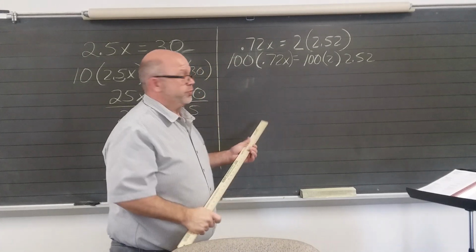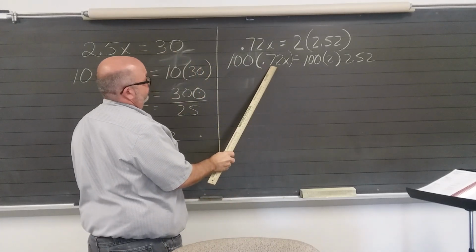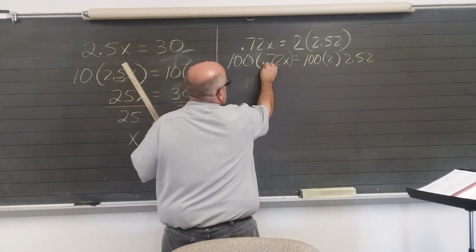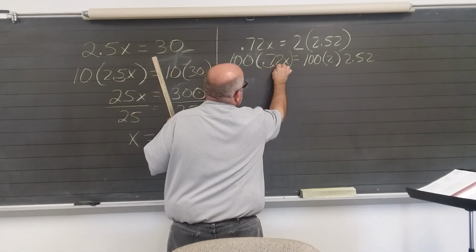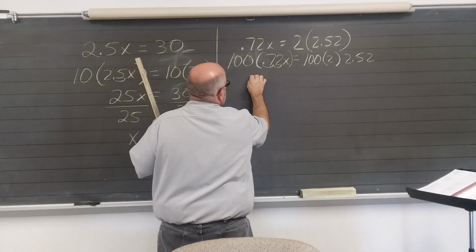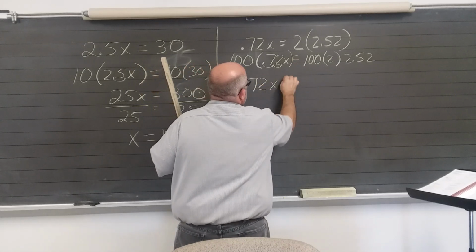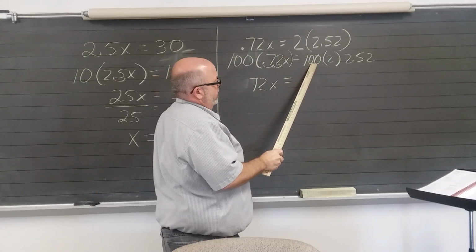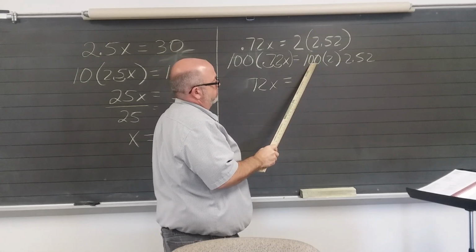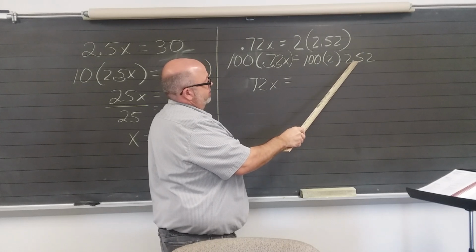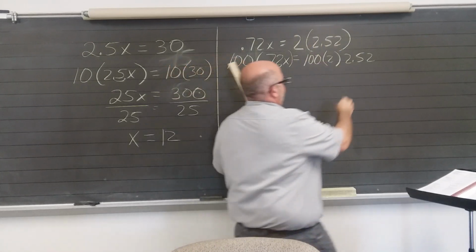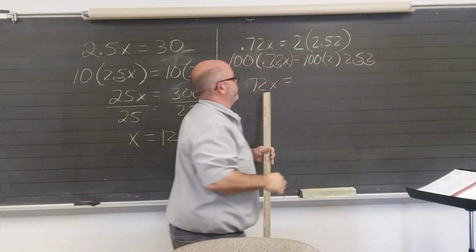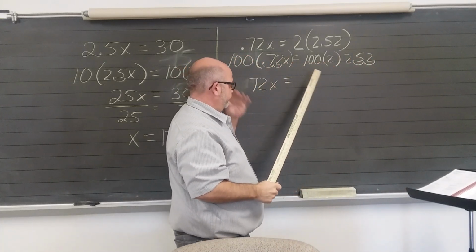What does the times 100 do to the 0.72? 100 times 0.72 moves the decimal point over two places. So now we have 72x equals, what's the 100 times 100 going to do over here? All right, here again you have decimals, so we can move this over two places here to take care of that. So now we have 72x equals